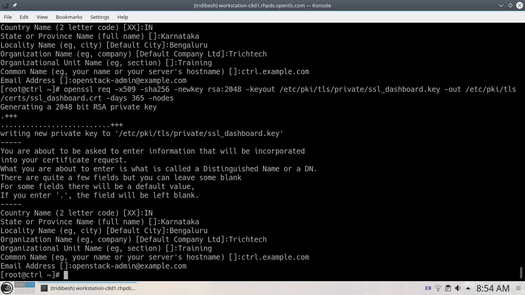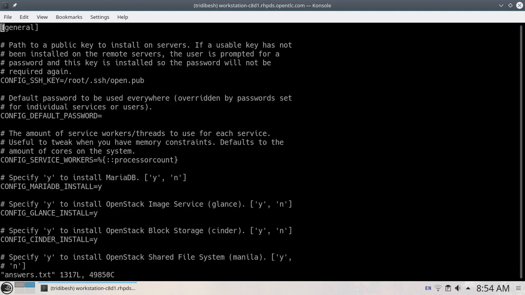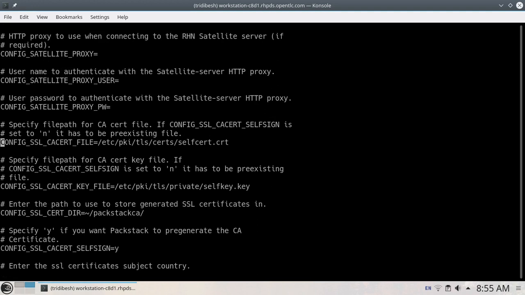Once you are done with these 3 keys, you need to update the same thing in your answer file, in your Horizon section, where you need to update your key details. So let's do that. Again open that answer file and let's update those options. First thing we will set here is the SSL CA-cert file option. You see here config SSL CA-cert file, so /etc/pki/tls/ca-cert self-ca. This is the file we have created, so we'll just keep it updated here.